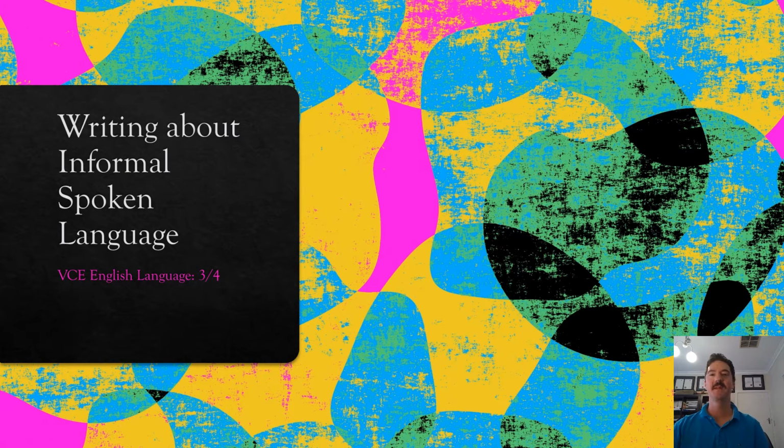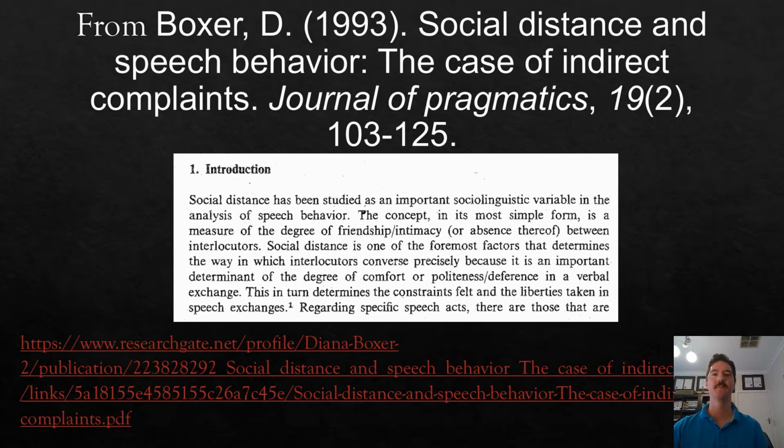All right, this is how you write about informal spoken language. So this is directly from some research, so you can get a bit of a vibe for it. Social distance has been studied as an important sociolinguistic variable in the analysis of speech behavior. The concept in its most simple form is a measure of the degree of friendship or intimacy or absence thereof